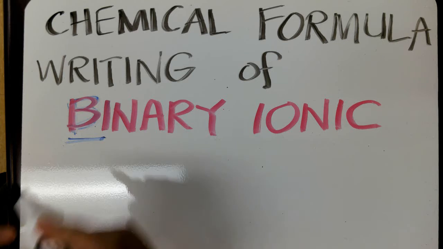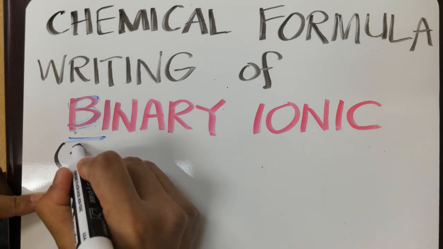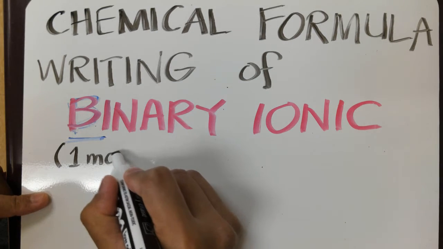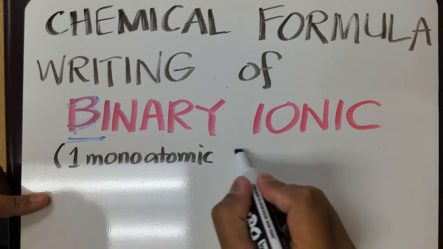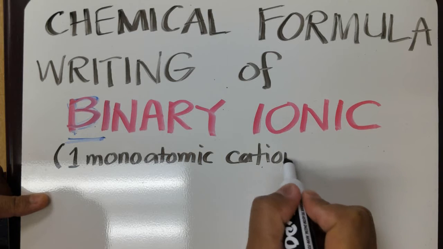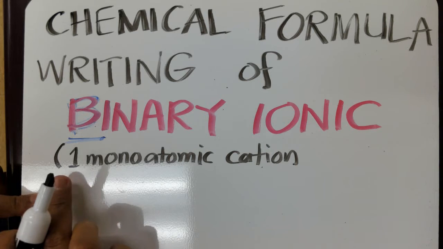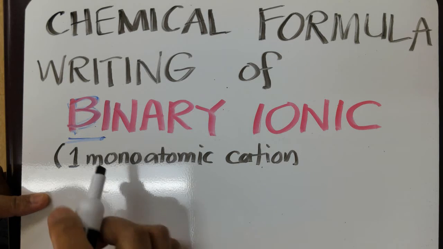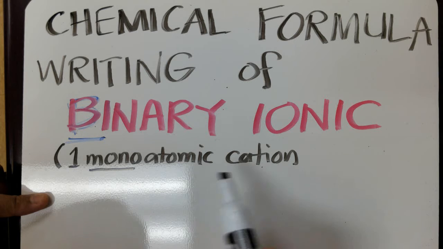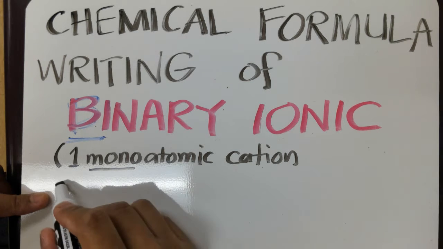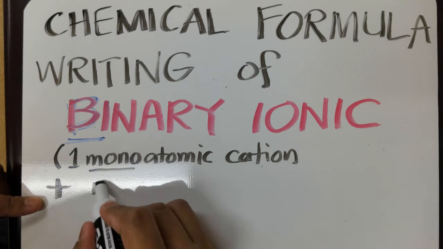That means one monoatomic cation. Mono means one, and monoatomic automatically means one type of cation: one element, one atom that becomes a cation, and another